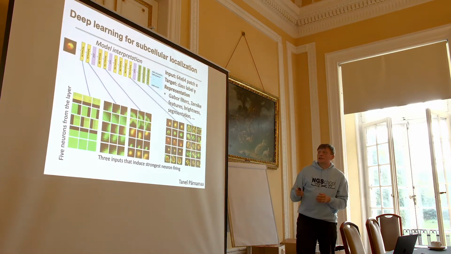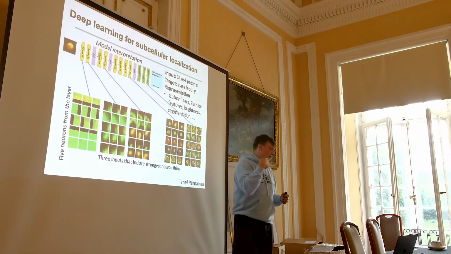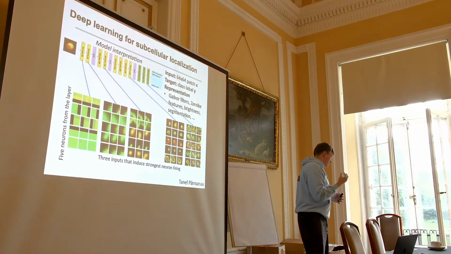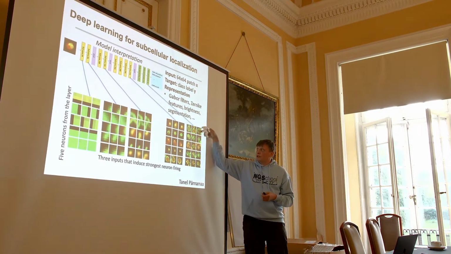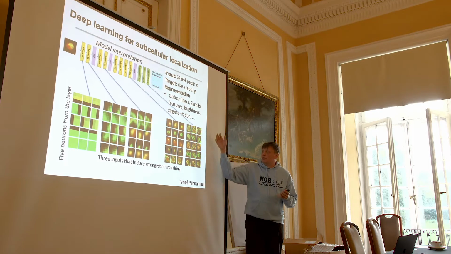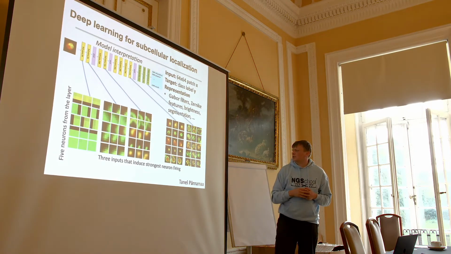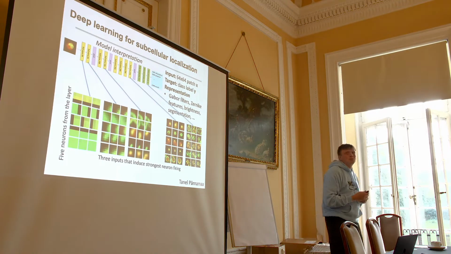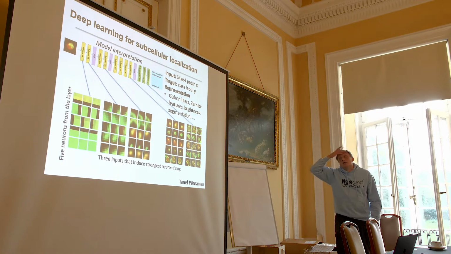And then once you get to the very end, by definition almost, the strongest activating images should be the class instances. So you just get really nice separation of cell periphery or cytosol or peroxisome, mitochondria, and I don't know, collagen. Let's say the last one. Okay, so basically there are ways to visualize some of that as well, some of the network workings.